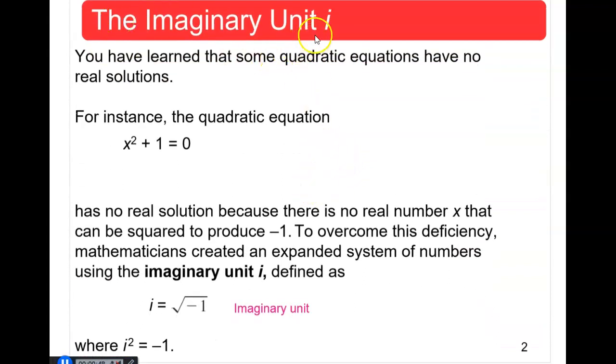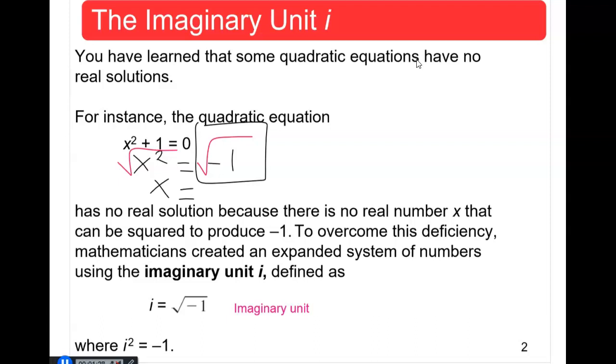So the imaginary unit i is the solution to the quadratic equation that you see here. If we were to solve for x, we would have x squared is equal to -1. To undo the square, we know we have to take the square root, and so we will have x by itself on the left side. If you were to enter this in a calculator, you will get an error or perhaps a message saying no real